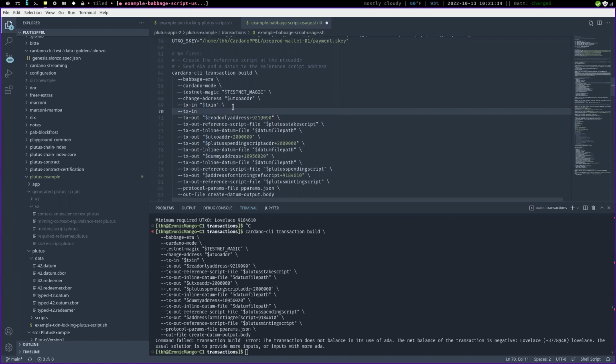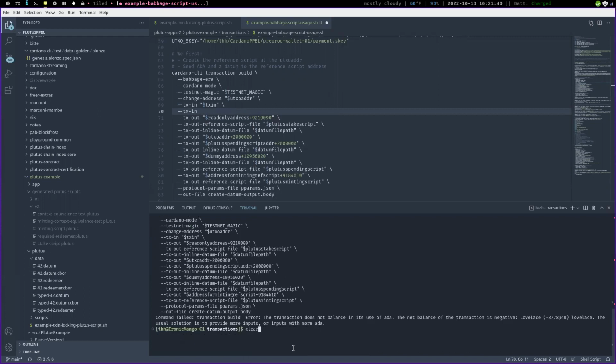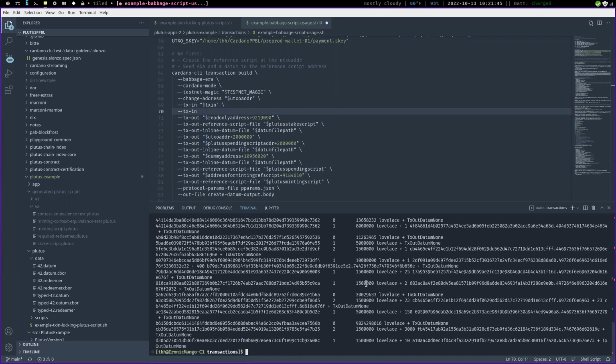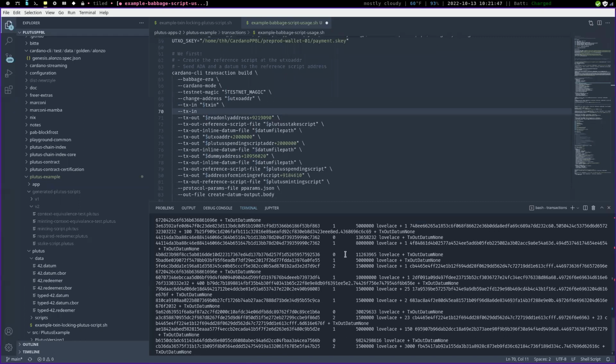Can I just, since we've already jumped in, ask a question here? I don't know if I missed it, but what are the script files that we're using here? I can see that there are 3 different script files, right? Plutus stake script, Plutus spending script, Plutus minting script. Yes. So those are